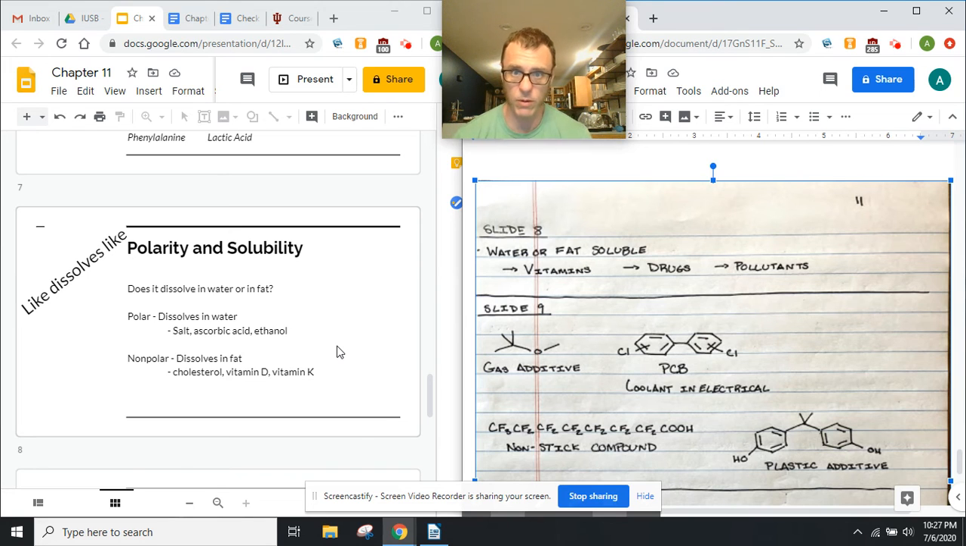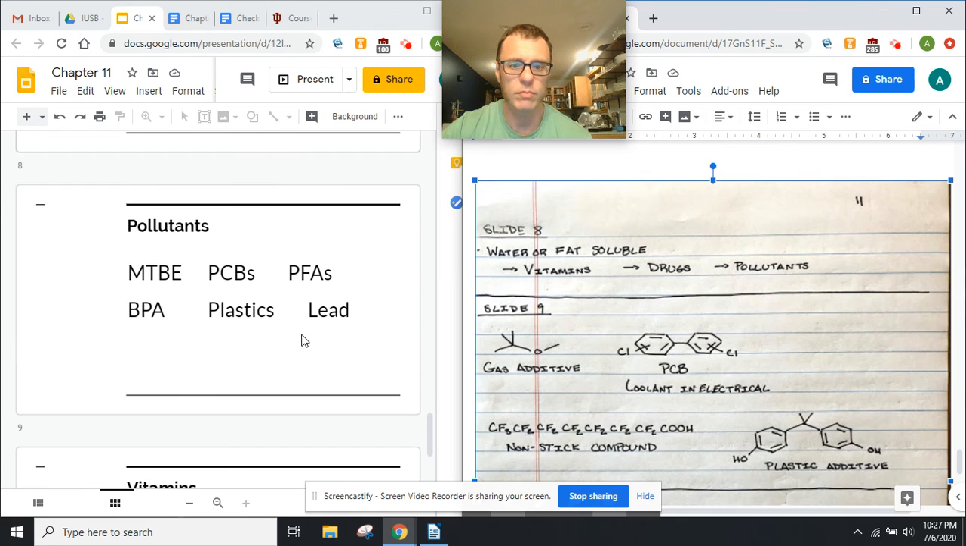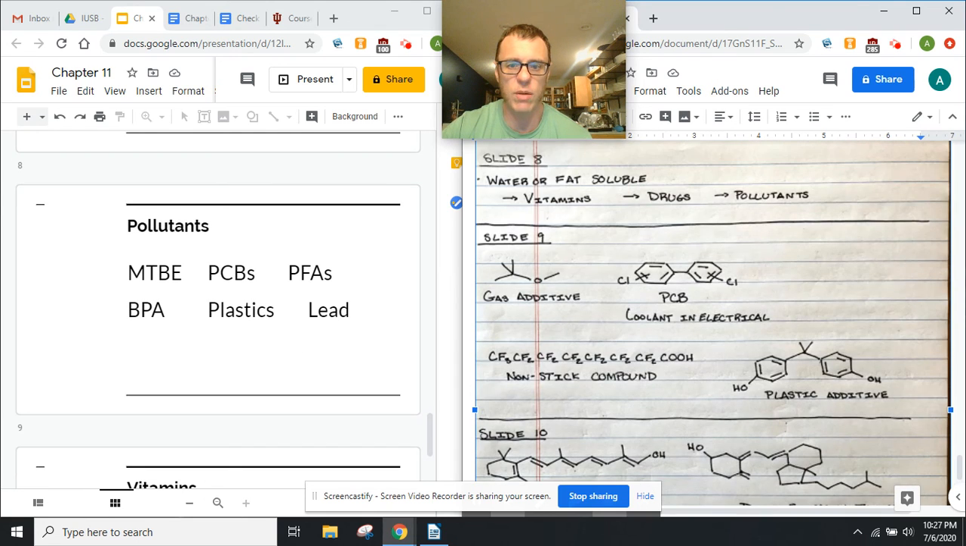And it's pretty simple. If it has an OH group, like an alcohol, and it has 5 or fewer carbons, it will dissolve in water. If it has 6 or more carbons, nope, it's going to be fat soluble. That's what we're looking at here. Salt, ascorbic acid, and ethanol are all dissolved in water, whereas cholesterol, vitamin D, those are fat soluble. These are just some pollutants. I'm going to finish this off on the next video, which shouldn't take too